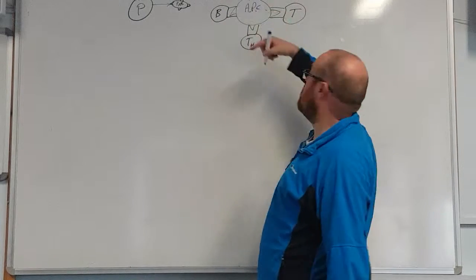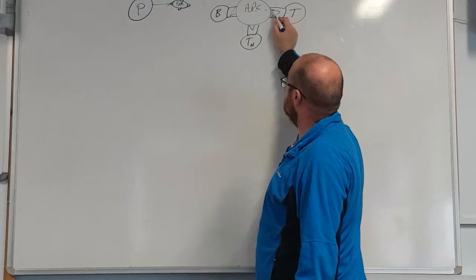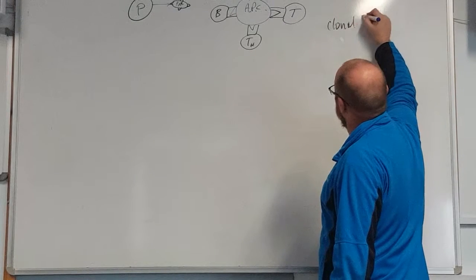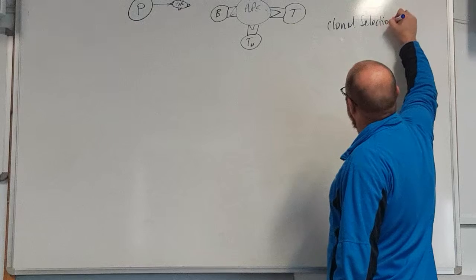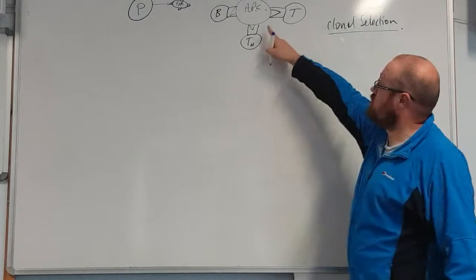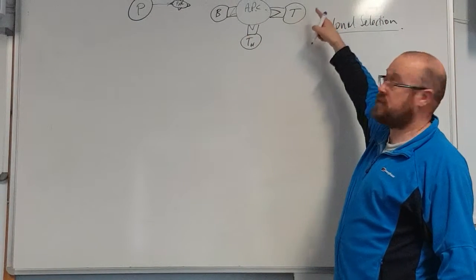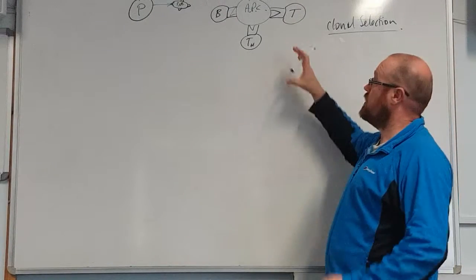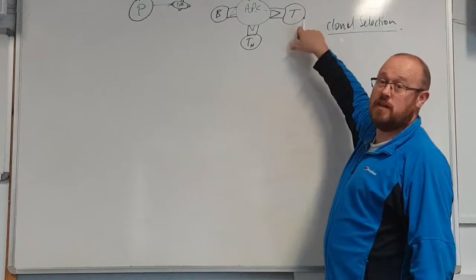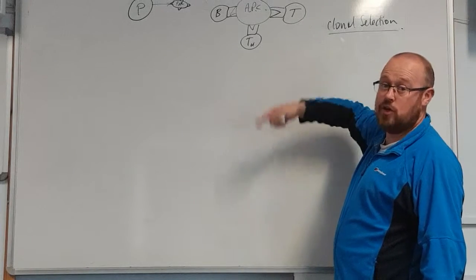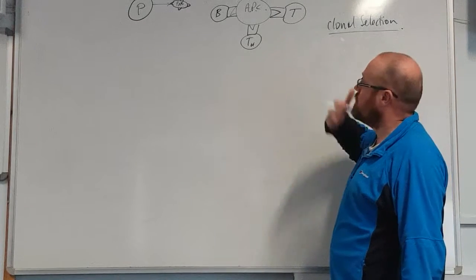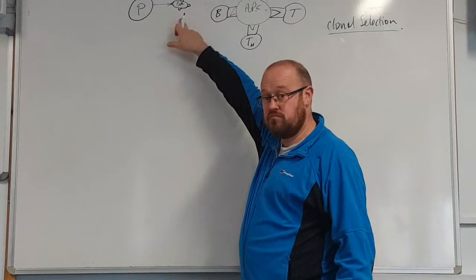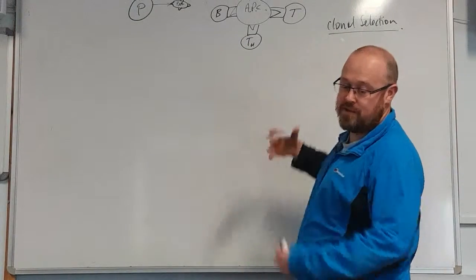If you remember going backwards, each one of these is complementary to that particular antigen. If you remember clonal selection, you are generating B cells, T cells, and T helper cells, all with the same receptor proteins to a given antigen. You have 10 million of these when you're born, and you're constantly generating new ones at random. If one of these is complementary to that given antigen on a pathogen, you'll then bring about the next phase,